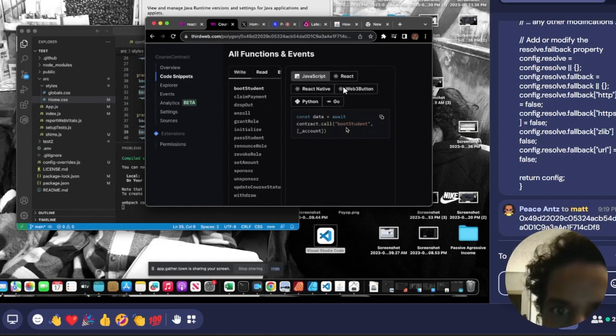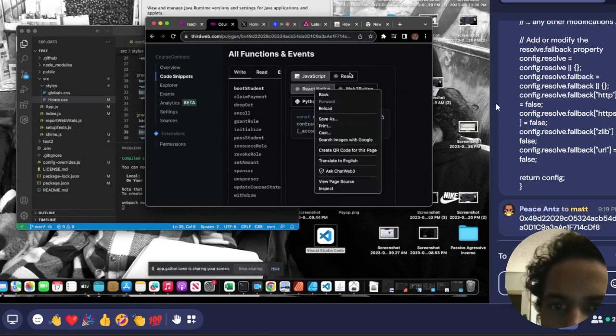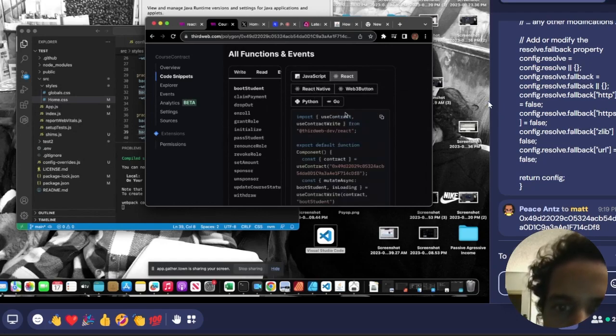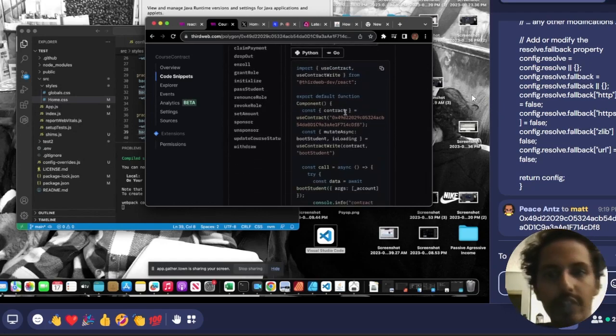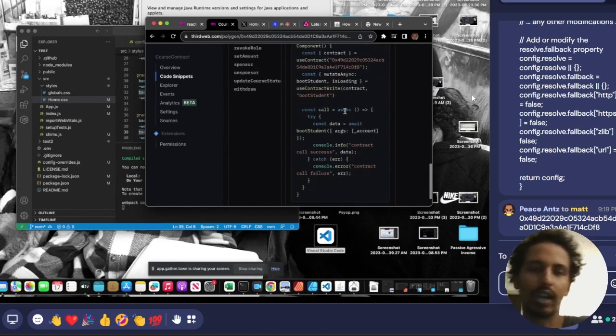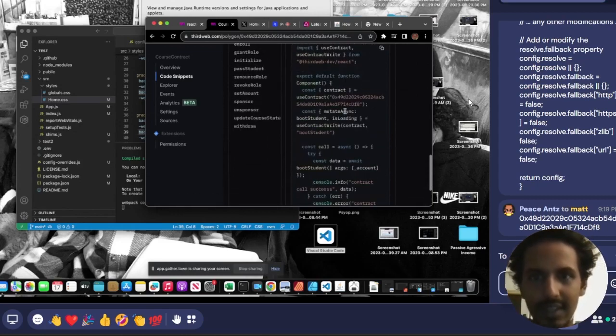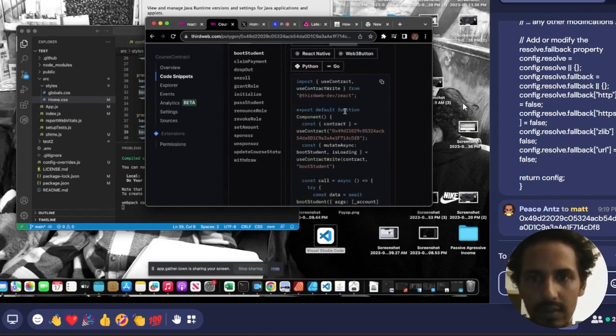If you click on the React option, that is what you're going to use for different contract functions. It is kind of a lot of code, and you don't use all of it for each function each time. Sometimes the top half of the code is the same for every function, so you just have to put that once. But that's basically the code you use.